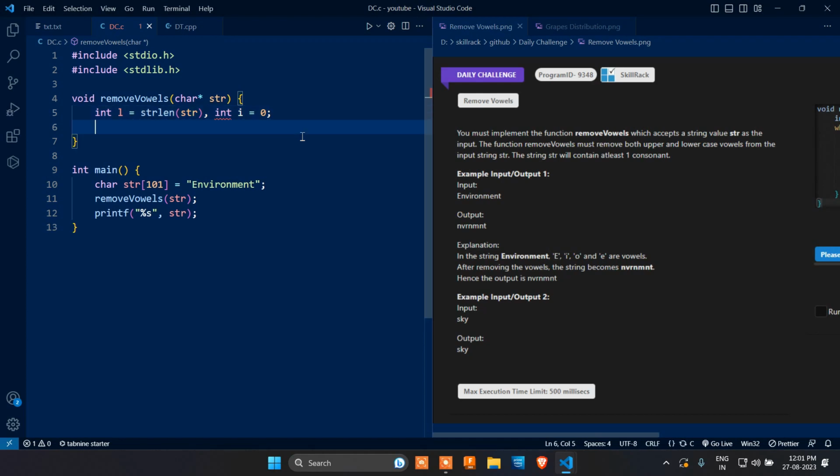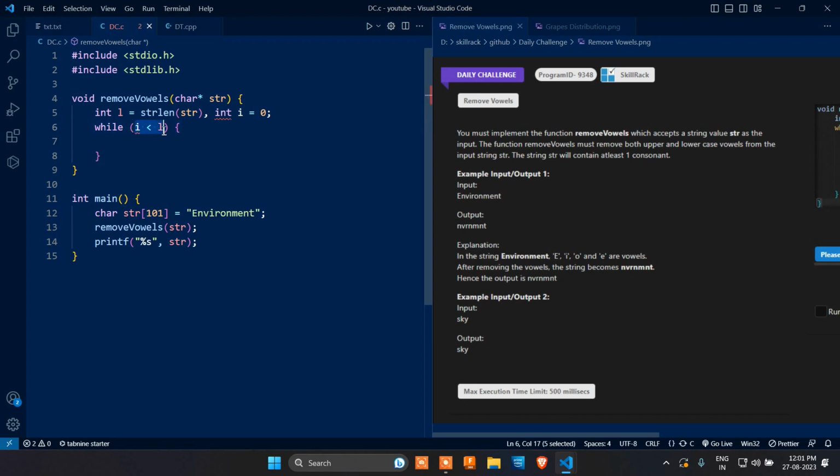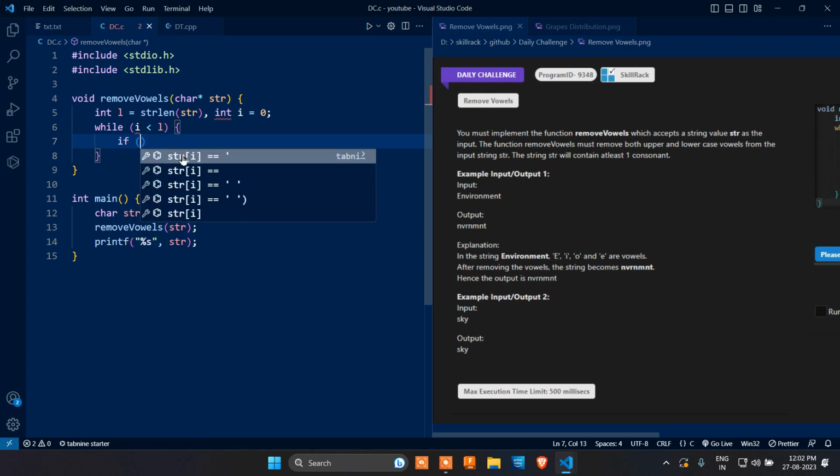Then we are going to use a while loop to increment our pointer one by one. Our pointer must be smaller than the length of the string. After that I use an if condition to check if the current character is a vowel or not. For that I am going to use the strchr function,